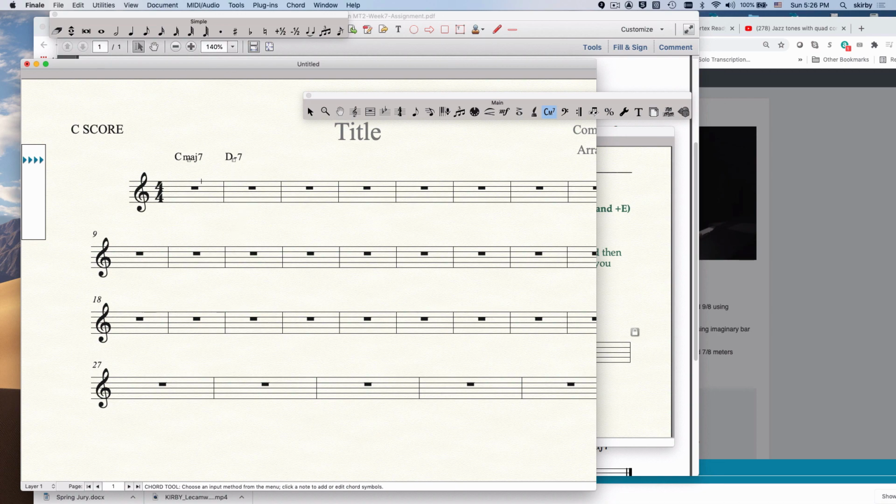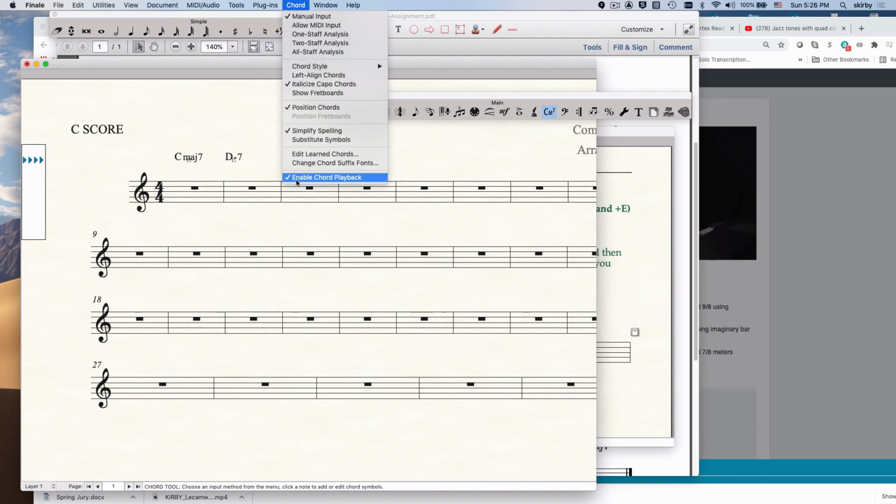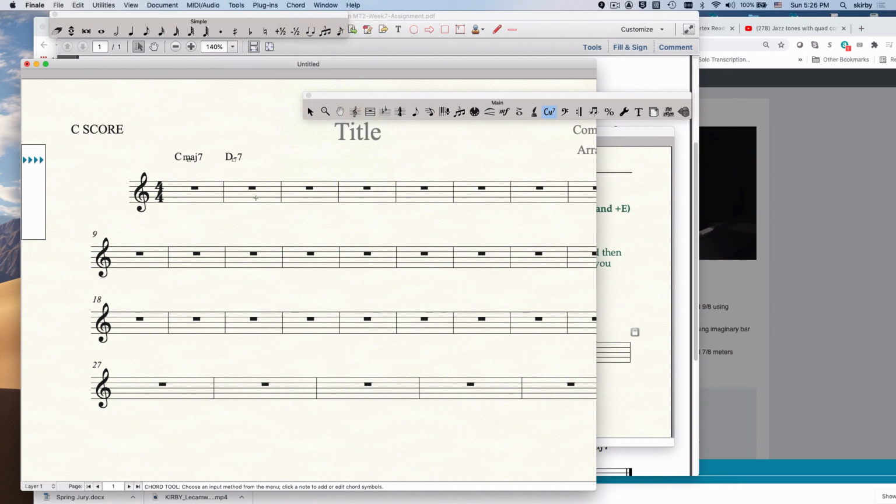So the best way is to just completely avoid this. Now the problem is that it's already pre-selected, so you have to go into your new file and deselect that. If you want to create a lead sheet, the best way to do it is to have extra staves and